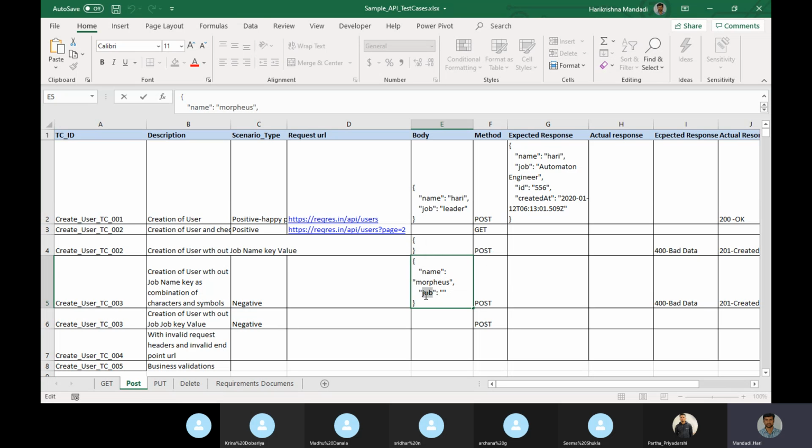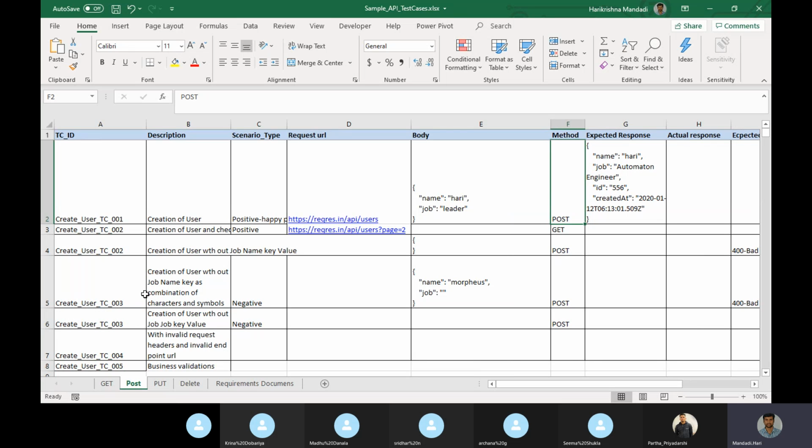This is a key, this is one more key, this is the value for the name key. So here my test case is passing without the value for the job key. For the POST method, what is the expected response? You will get it in the requirements documents or in the Jira, whatever the business analyst provides as the requirement details.